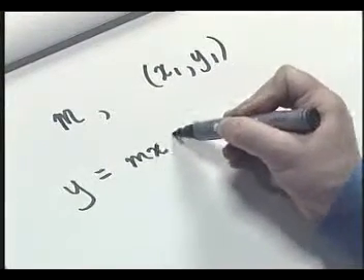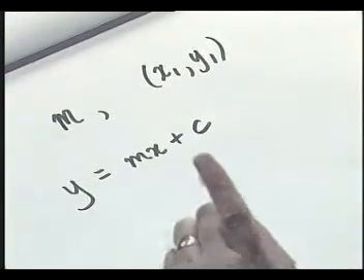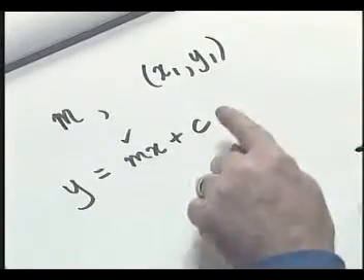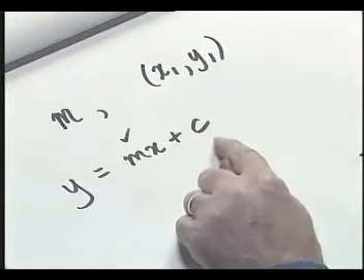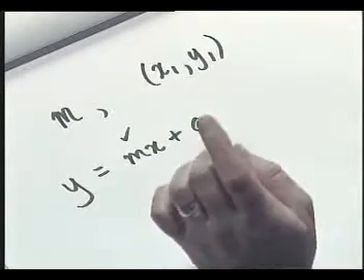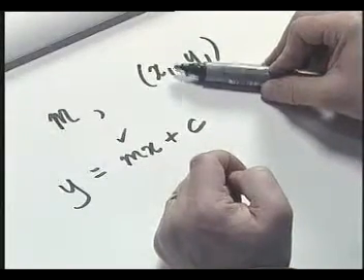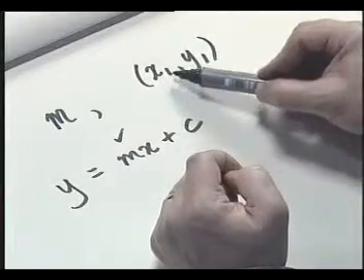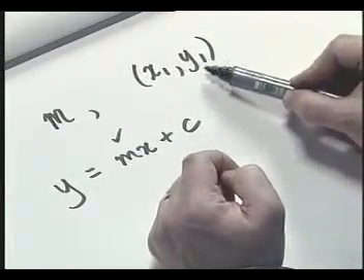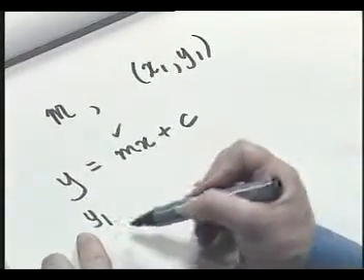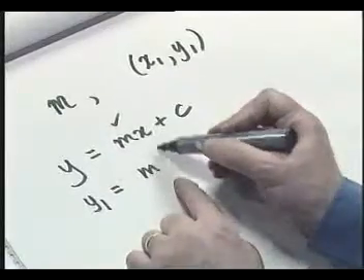Always go back to what we know. We know already that any straight line has this equation, y is mx plus c. What do we know? Well, we're told that the gradient is m, so that bit we can leave alone. But we don't know the vertical intercept c. Let's see if we can find it. Use what we do know. We do know that the line passes through this point, so that we know that when x has the value x1, y has the value y1. So I'm going to put those values in here. So y has the value y1 when x has the value x1